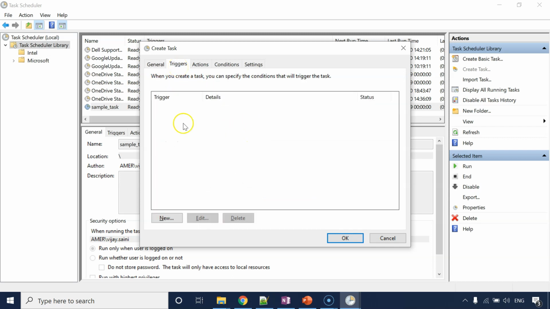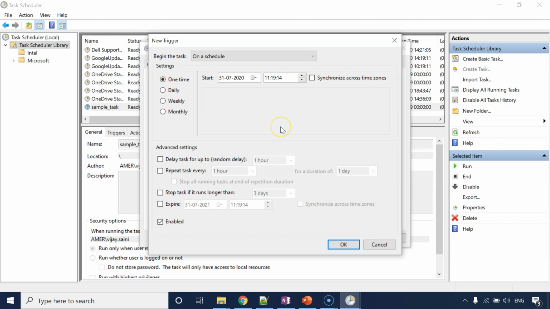Okay, now let's take a look at other options we have. Let's go to Triggers, and here we can define the trigger point for our scheduled task. Based on your requirement, you select from here, either you want to run it one time, daily, on weekly basis, or monthly basis. If you see, there are a lot of options which were not available when we were creating a scheduled task using the basic task option, right? Now you can even drill down to an option like you want to execute some task only on Tuesdays, right? So you can go up to that much granularity level, right? All right, so I'll go with daily, and I want to repeat it every 2 days, let's say.